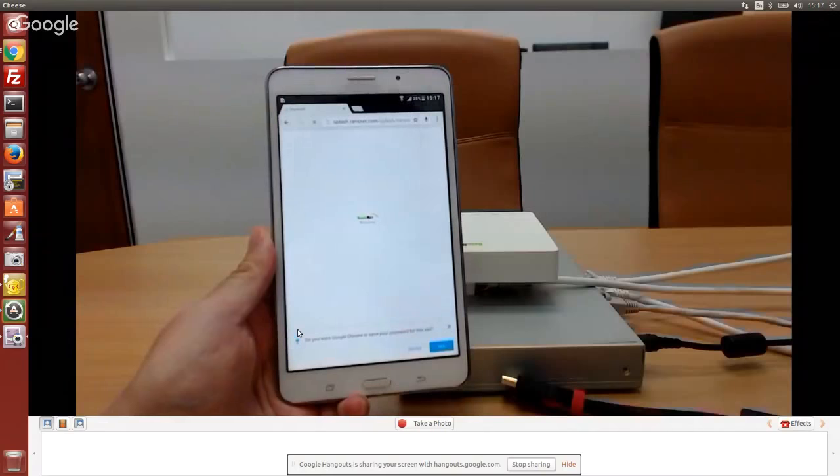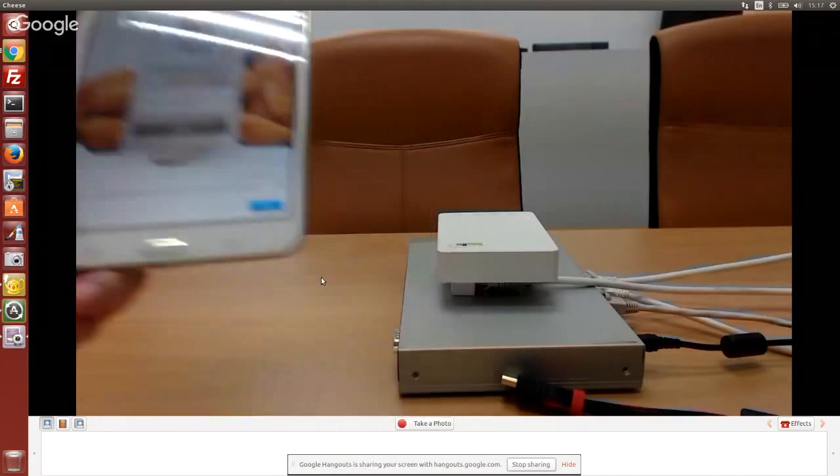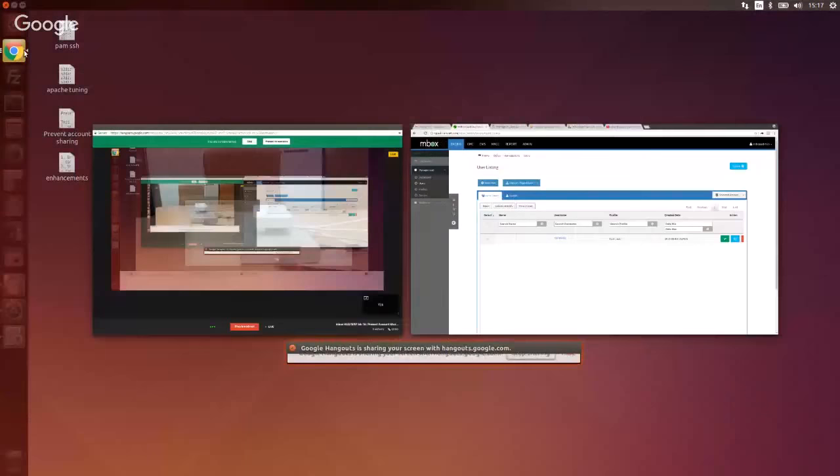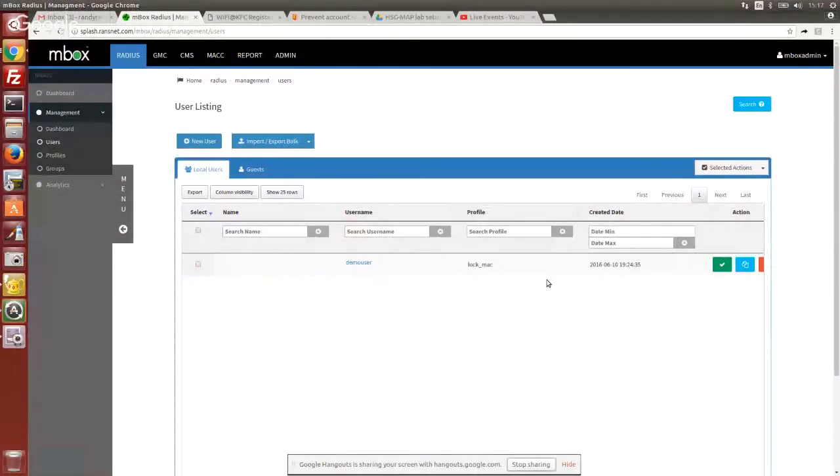So it's unsuccessful. It's been blocked. So as you can see, the auto-learn approach makes the configuration and user management extremely easy. And what this means, particularly